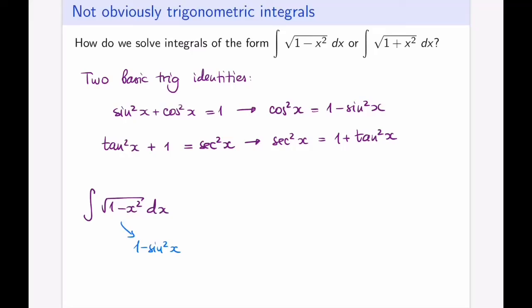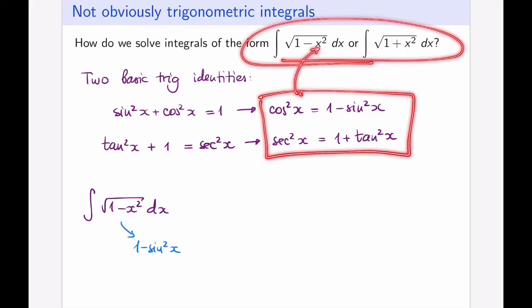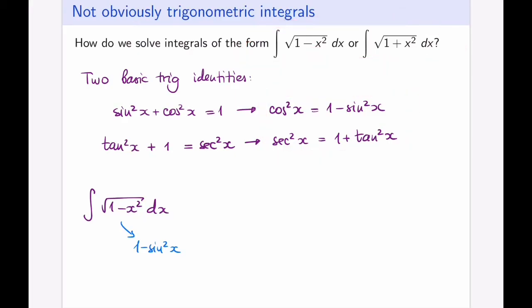Recall last time we discussed how the integrals of these forms are actually integrals where we will have to employ basic trigonometric identities to substitute in for x and be able to simplify the integral. In this lecture, we will take this integral and go through to see exactly how this type of substitution will work. So let's start off, grab a blank piece of paper because this is going to be a lengthy process,